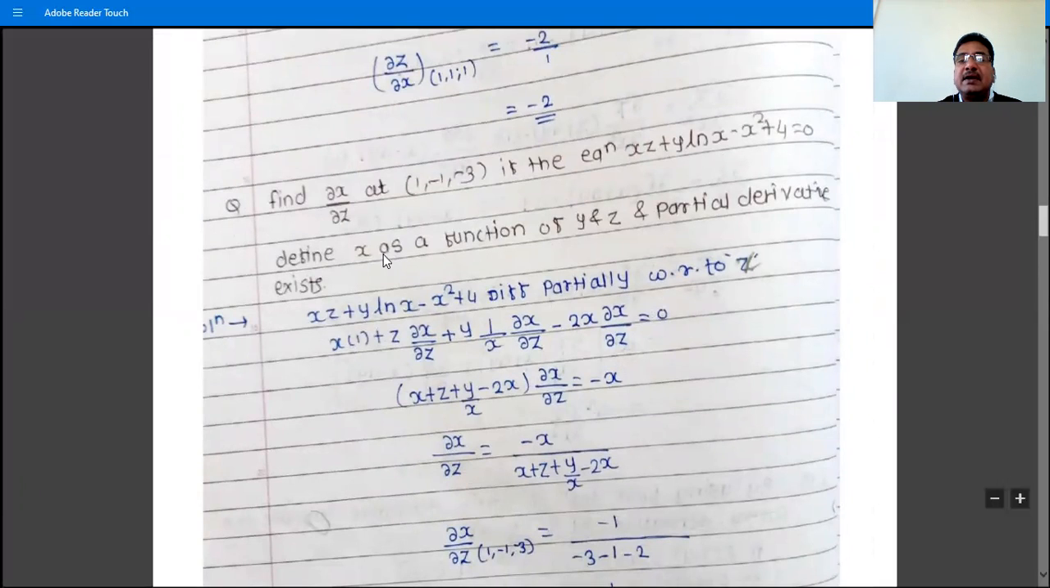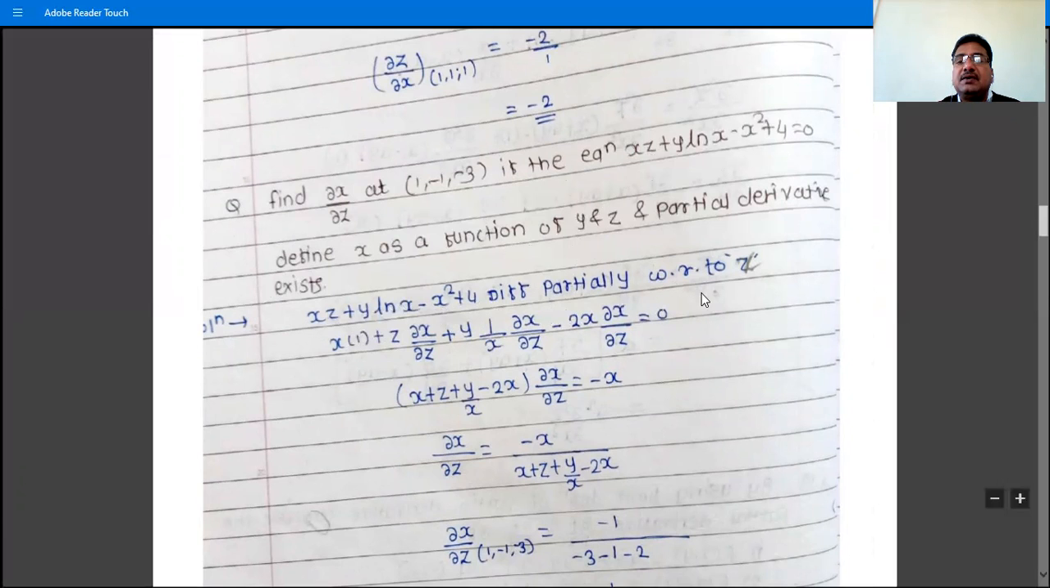Similar problem here. The equation is given and x is a function of y and z. Now we find the derivative of x with respect to y as well as z. But y and z are independent. That is, the derivative of y with respect to z is 0 and the derivative of z with respect to y is 0. But the derivative of x with respect to y and z is not equal to 0 because x is a function of y and z. And then this is the function xz plus y ln x, means log x,